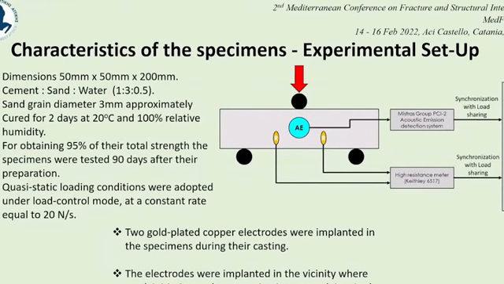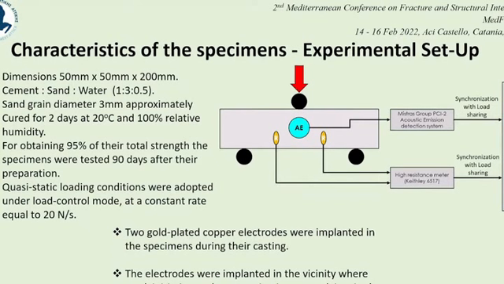In total, as I said, we examined two specimens. Their dimensions were 50 millimeters by 50 millimeters by 200 millimeters. The ratio used for the molding was 1 to 3 to 5 cement, sand, and water. The sand grade diameter was approximately 3 millimeters, and both specimens were cured for 2 days at 20 degrees and 100% relative humidity. We tested them after 90 days in order for them to obtain 95% of the total strength,